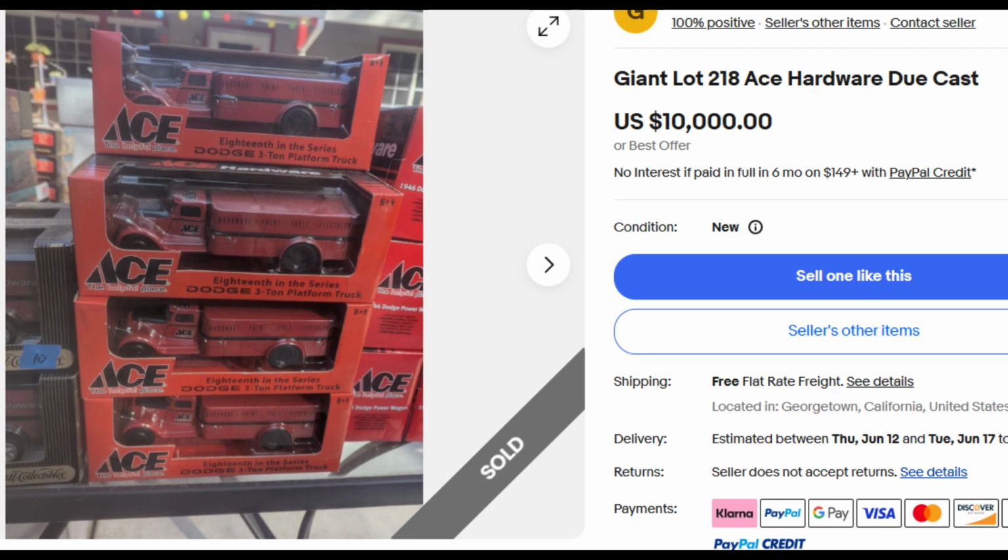These are giant Ace Hardware die-cast vehicles for $10,000. I'm gonna have to keep my eye out for these. I swear that I may have seen something like this somewhere, and I'll know that it's valuable the next time